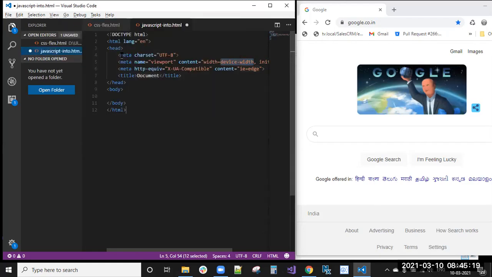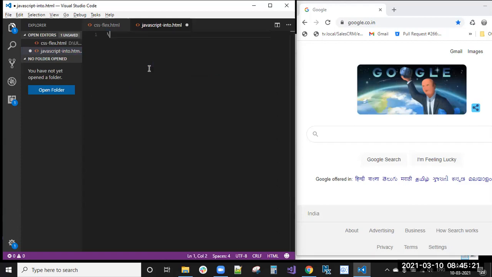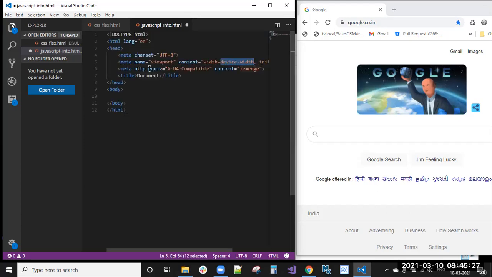I'm again telling this syntax shortcut: shift one, then tab. You will get the HTML default code. You will get the document title here: JavaScript introduction.